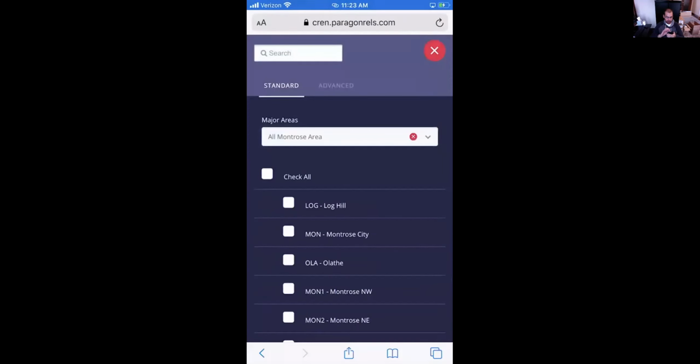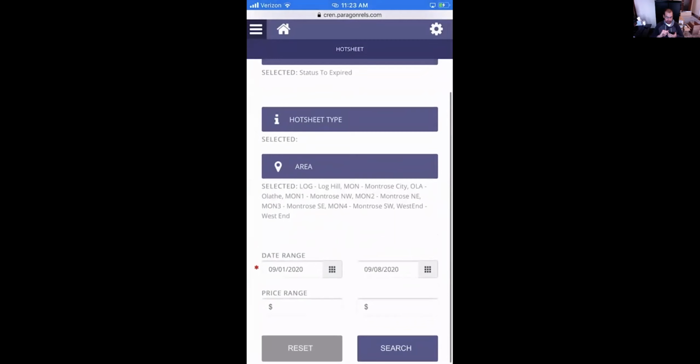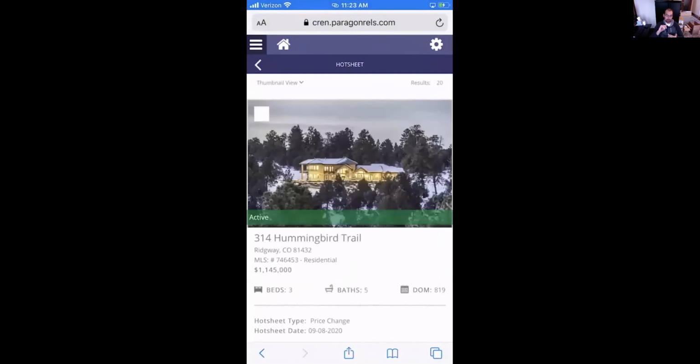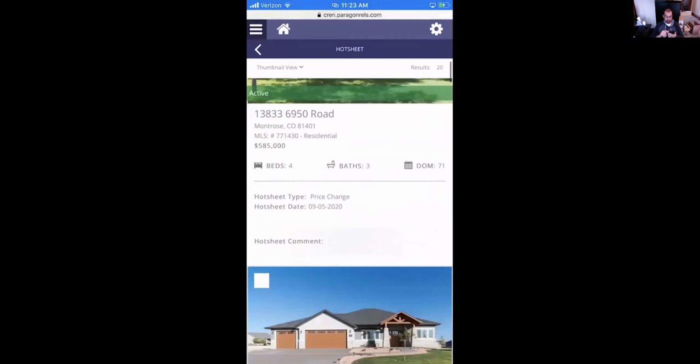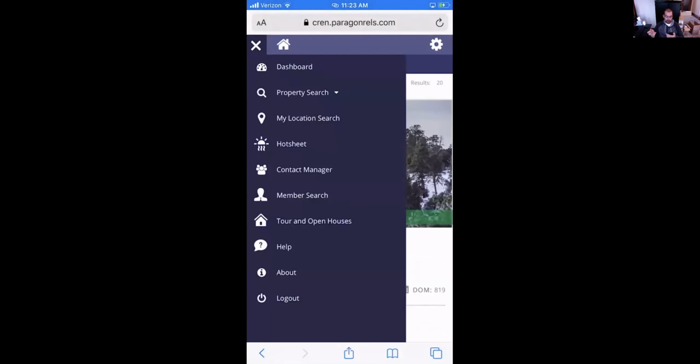On Montrose, check all, hit check up at the top, and now I can go ahead and search the hot sheet for those properties as well. So I have 20 results, okay? So you have your property search, you have your location search, and you have your hot sheet search. So 3 different ways, and the power bar search on the homepage, which is essentially 4 different ways to search